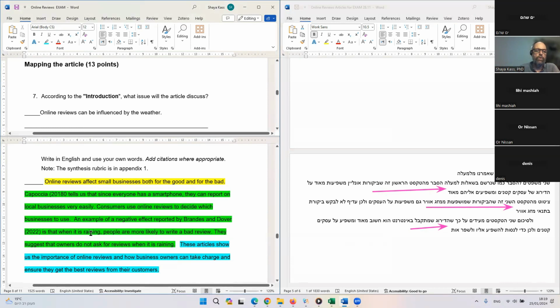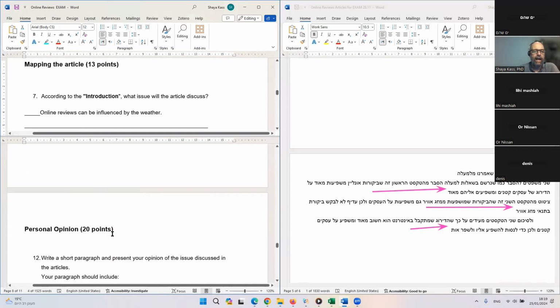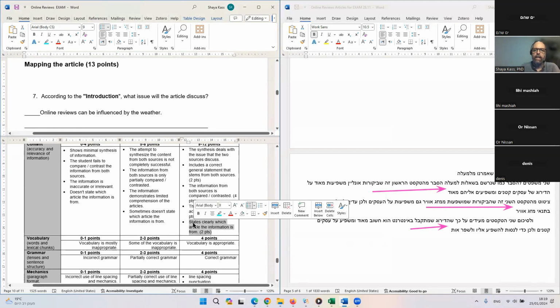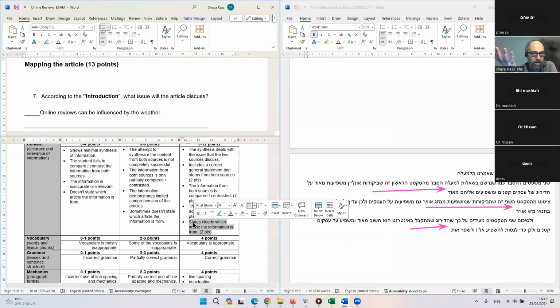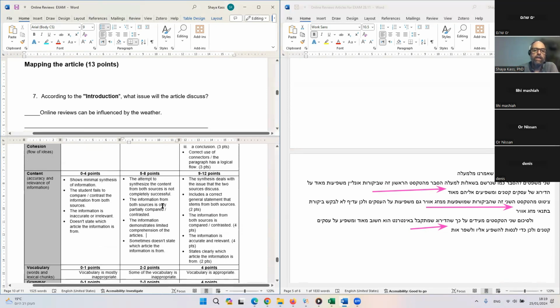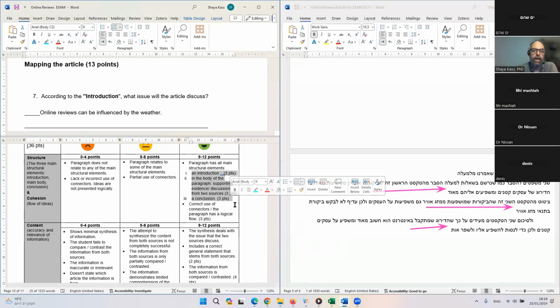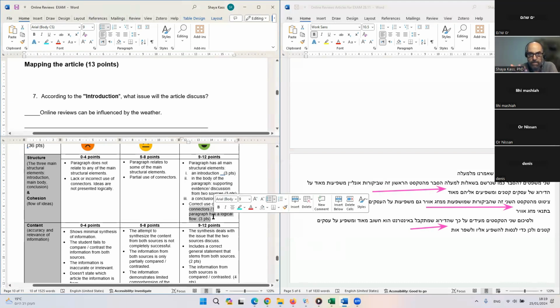If, for example, you mess up and don't say where it came from, the first article, the second article, whatever, I think it's 3 points, 2 points. So just write, the first article says, the second article says. But it's really important, it's 12 points, 9 points for the introduction, body, and conclusion. Make sure you have those. That's going to make you pass or not pass. And then connect things well so that it makes sense.